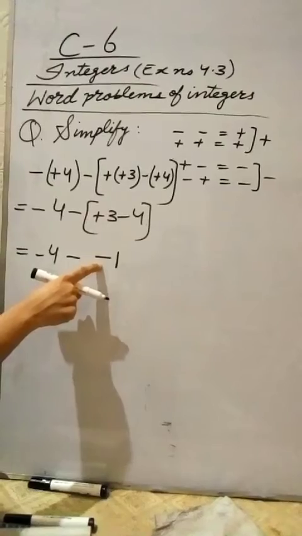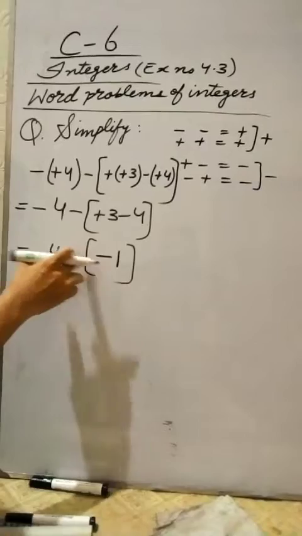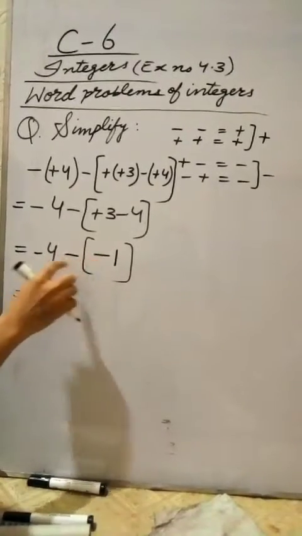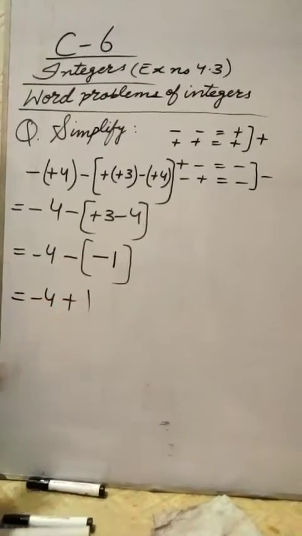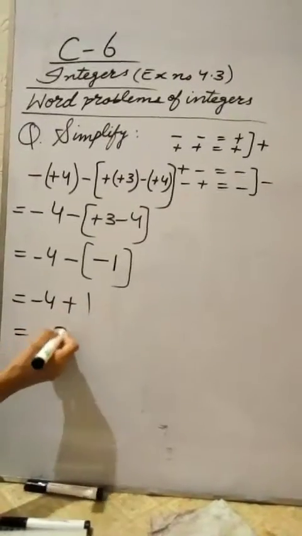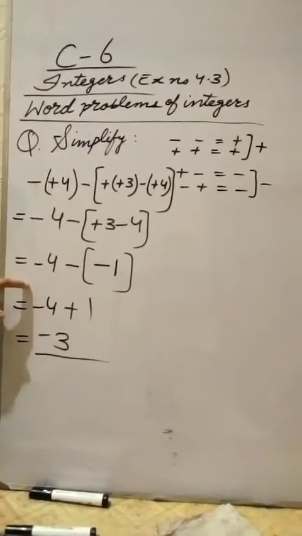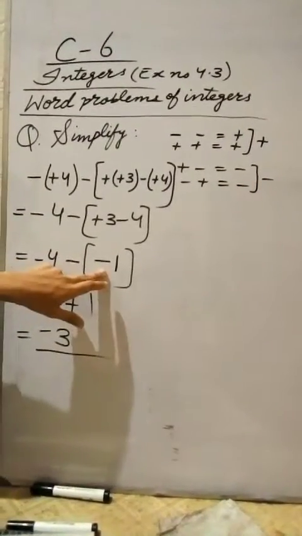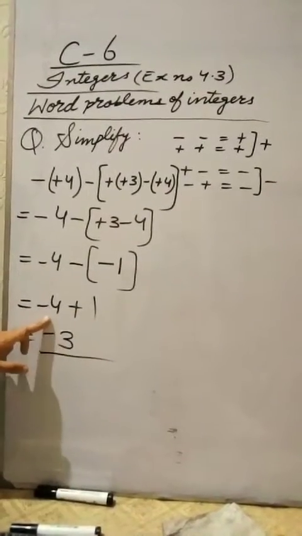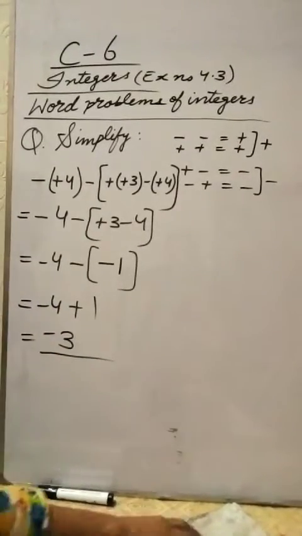Minus minus, there is no concept of minus minus. So first of all we need to put the bracket. Why do we put the bracket? Because we have two signs. Firstly we need to change it. Minus 4 minus minus, multiplying, minus minus plus, single sign. Now minus plus minus, 4 minus 1 is 3, but take the sign of the bigger value. So these are the simplification steps. When we have two signs, put the bracket. Multiply and change the sign, we need a single answer. But when we add and subtract, we do the subtraction or addition, but put the sign of the bigger value with the answer.